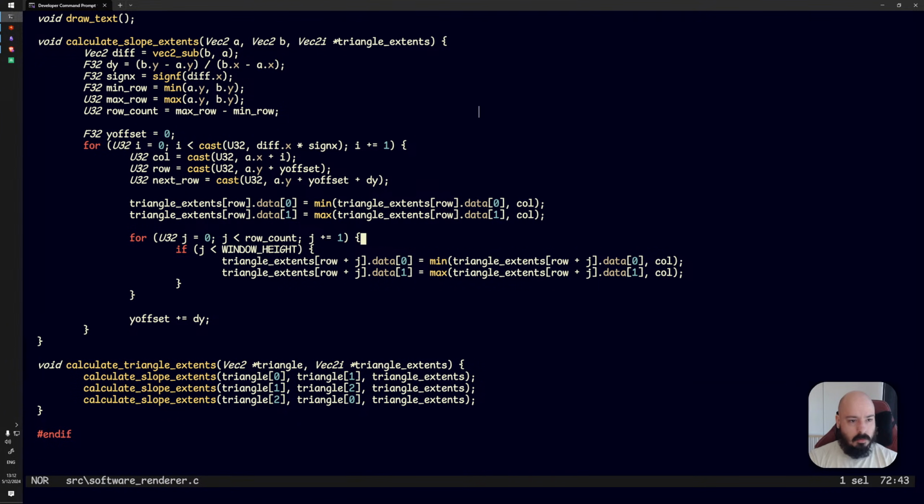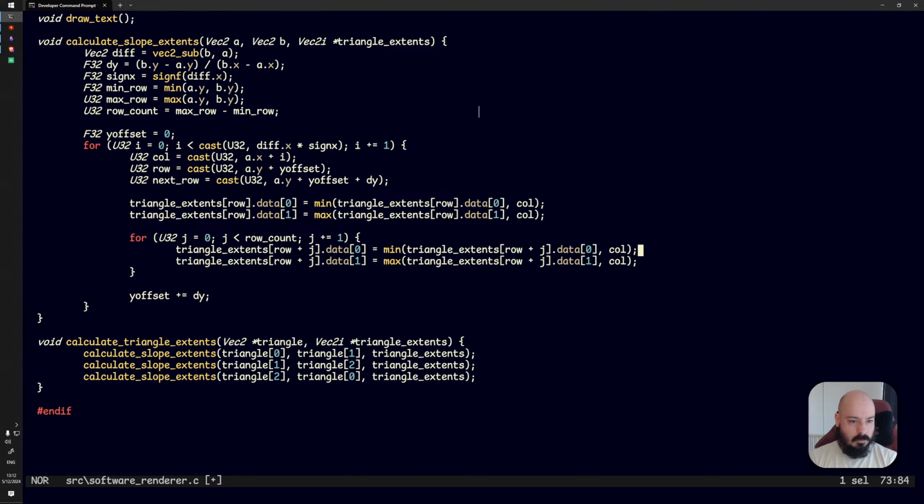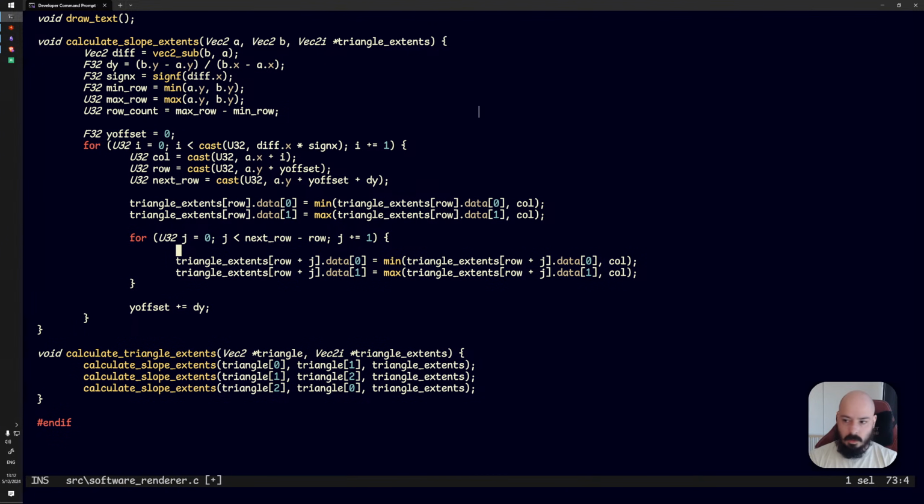This is stupid. For every single pixel, we're also iterating over the whole window height just because of this row count. We don't want to do that. What we do want to do is say next row minus row, and then we want to say